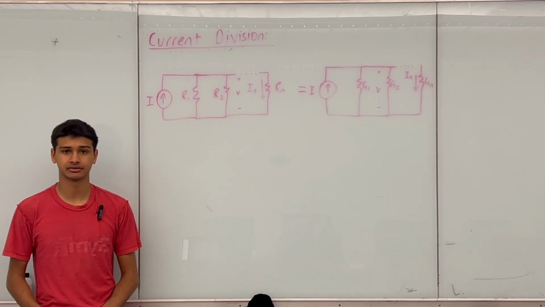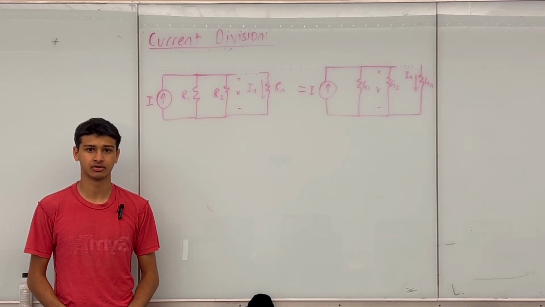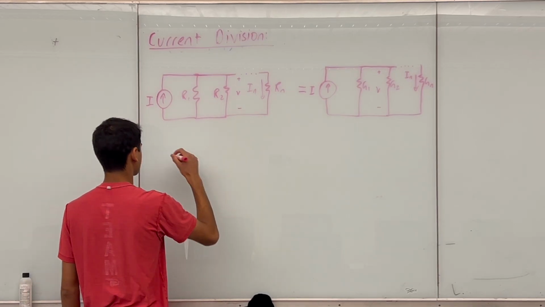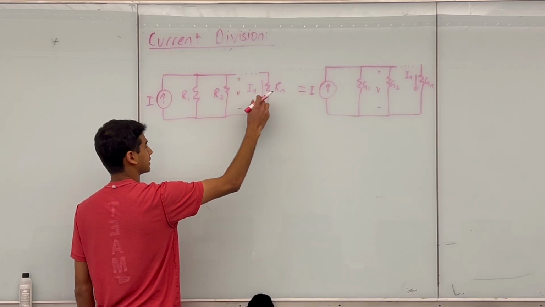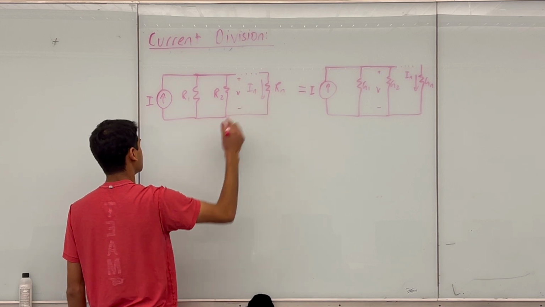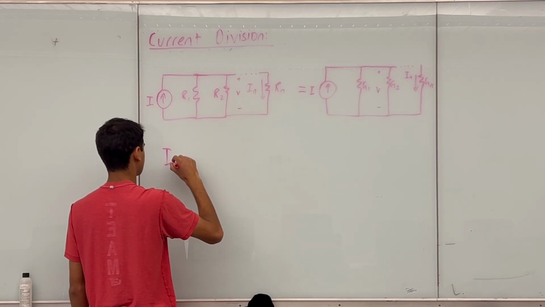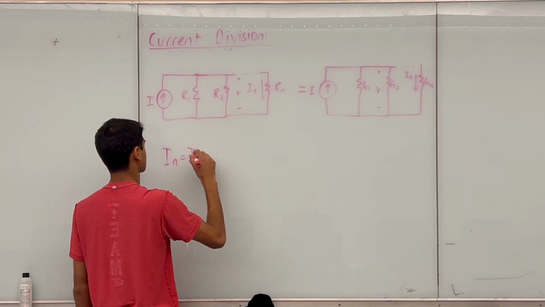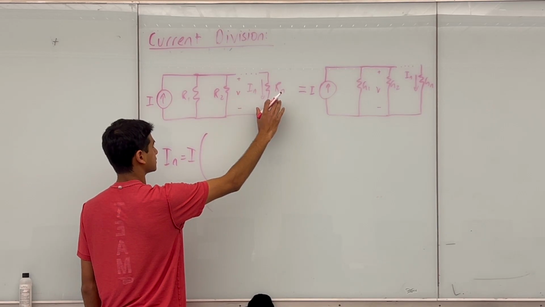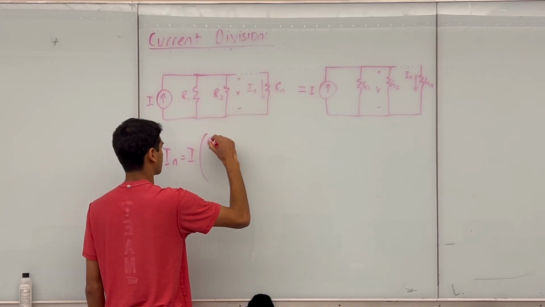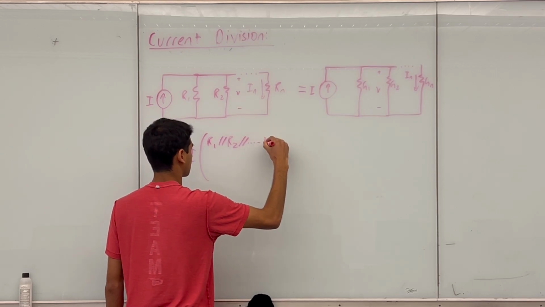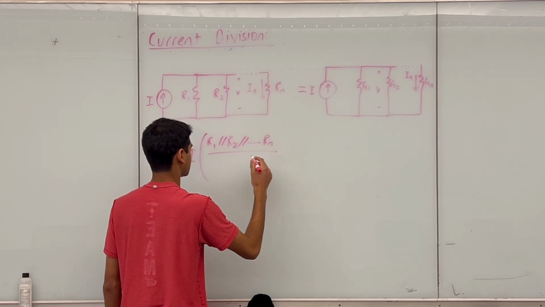So for the circuit on the left, IN, which is the current through a resistor Rn of a bunch of resistors in parallel, equals your source current, which is I, times your equivalent resistance, so R1 parallel R2 parallel all the way to Rn, divided by your